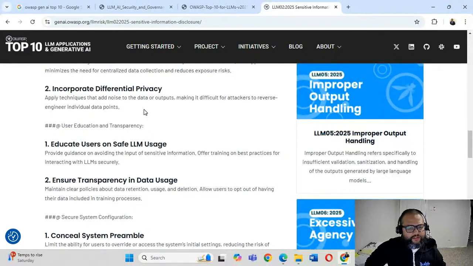Incorporate differential privacy. Okay, so it's adding noise to the data or outputs. Yeah, so again, it's somewhat similar to, I would not say salting.